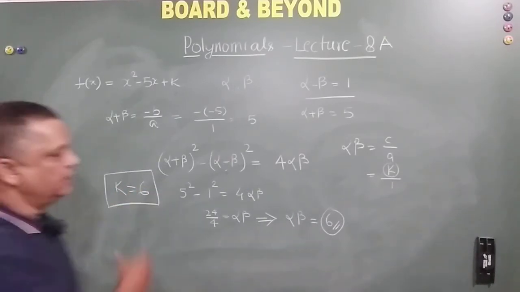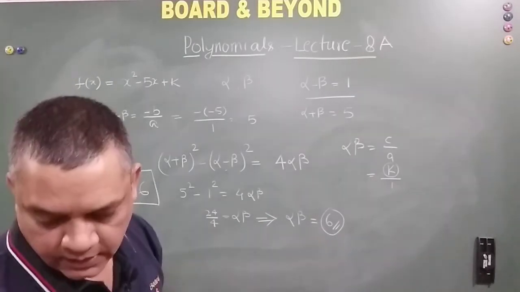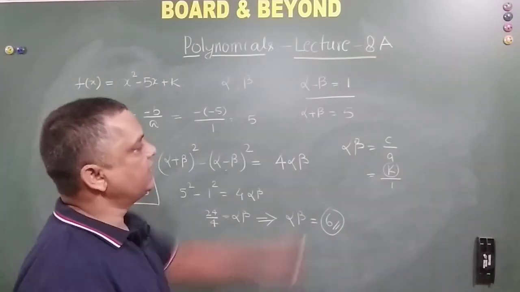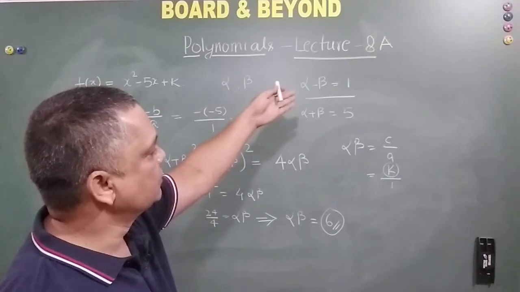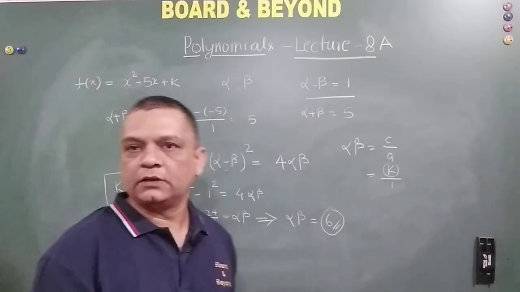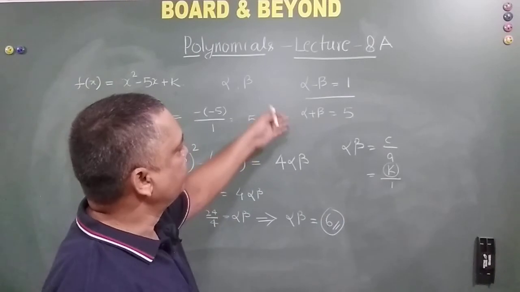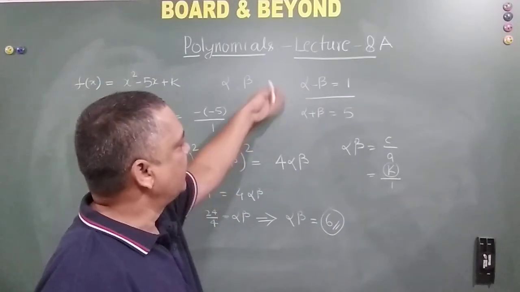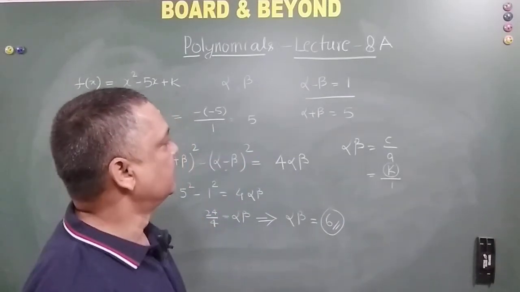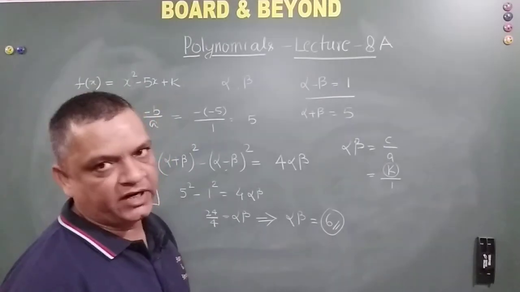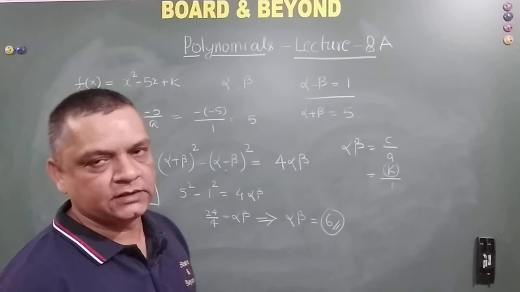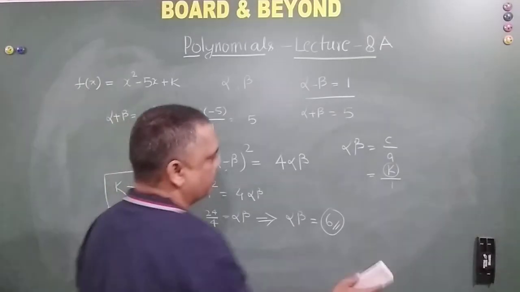Right? So this is how you can do it. Once you know the linear equation in two variables, you can basically add these two things. 2 alpha is equal to 6, then alpha is equal to 3, and then if you subtract the 2, alpha gets cancelled, and then you get 2 beta is equal to 4 and beta is equal to 2. So alpha into beta is equal to 6. Right? Okay friends.